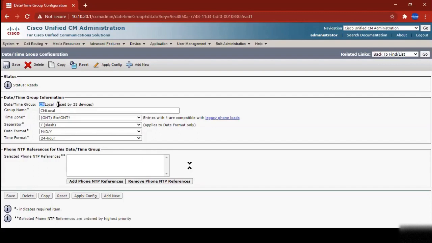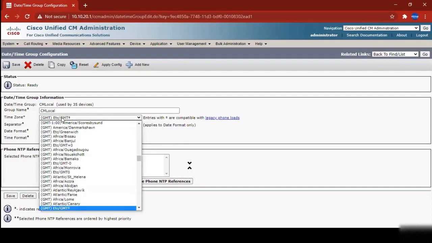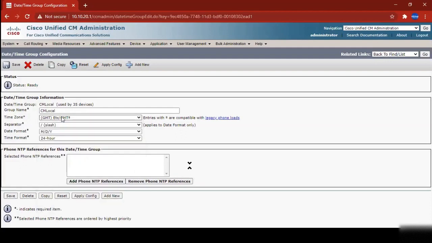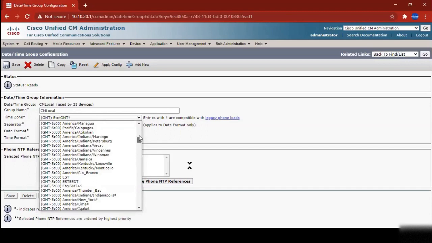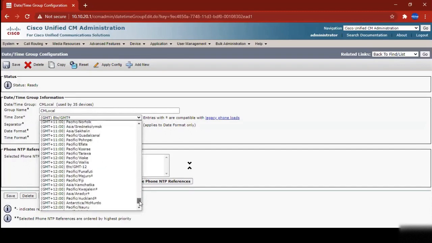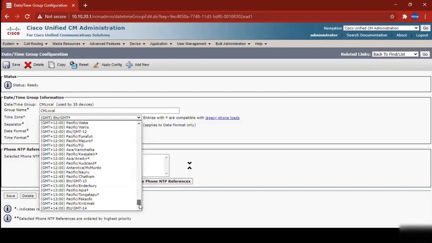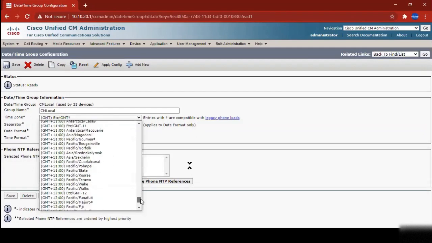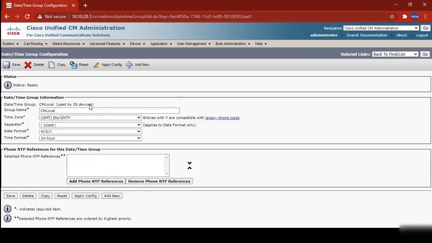So this one here is used by 35 devices, and it is using GMT plus, and what we could do is select anything. The whole entire time zone is listed here. You can select any one of them, and the phones using this one would be showing that time